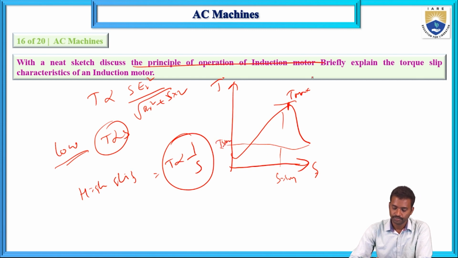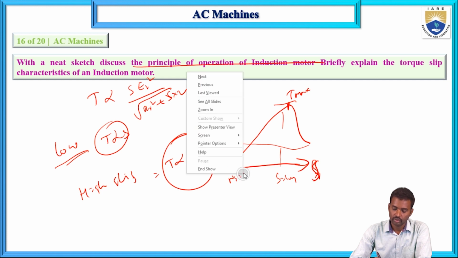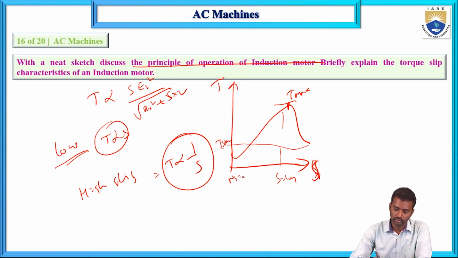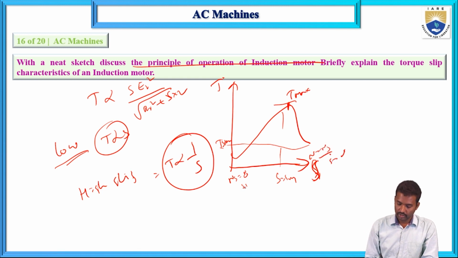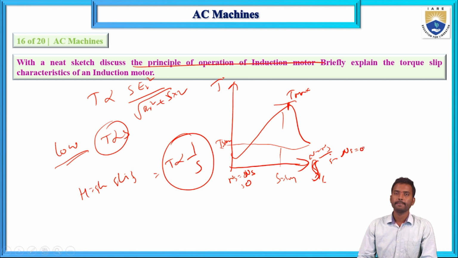So this is the torque slip characteristic. It starts from here: initially N equals 0 and slip equals 1. At N equals Ns, slip equals 0. The slip value ranges from 0 to 1, with N equal to Ns at one end and N equal to 0 at the other. Next,